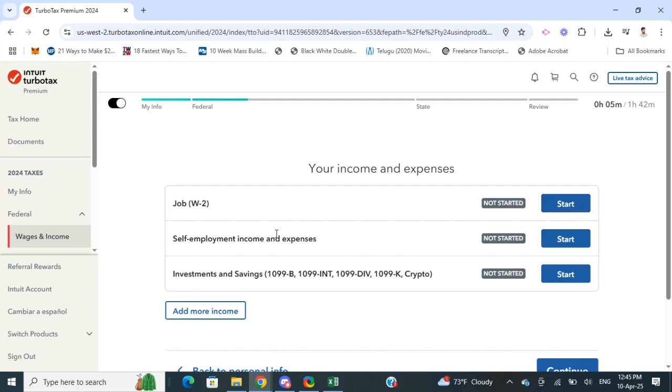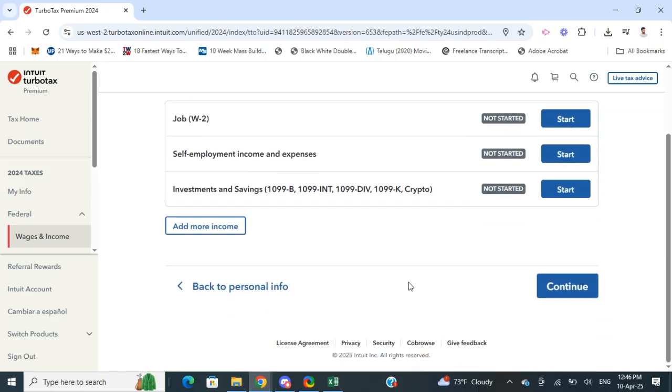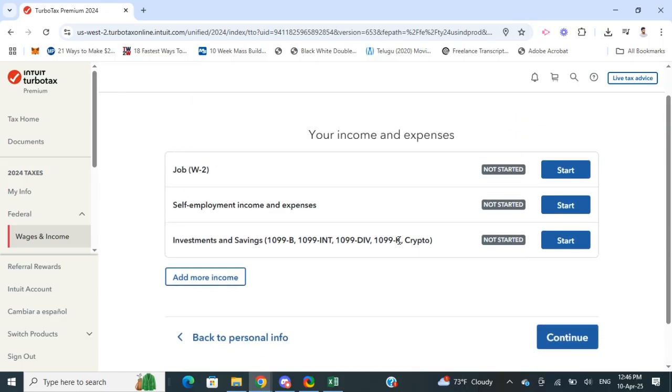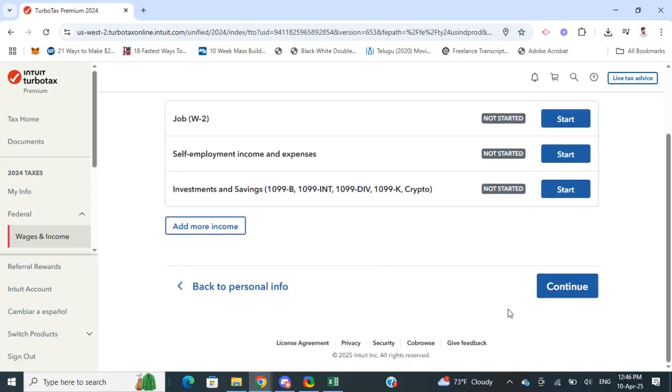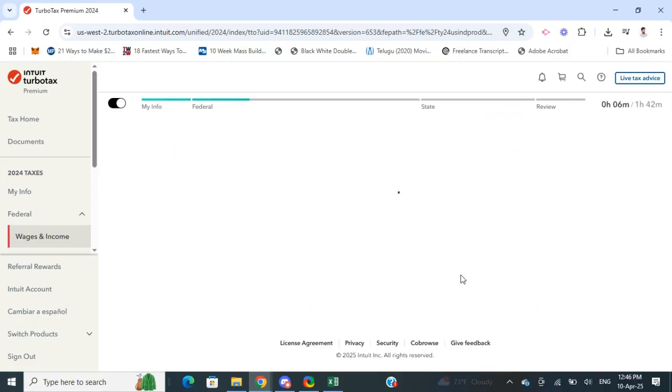Once that's completed, next is self-employment income and expenses. You can click on it and complete it. The next one is investments and savings, these forms here. Click on start and then complete the form. So these are all the basic details about your income and expenses which you need to complete. Once that's done, you can click on continue and proceed to the next stage of